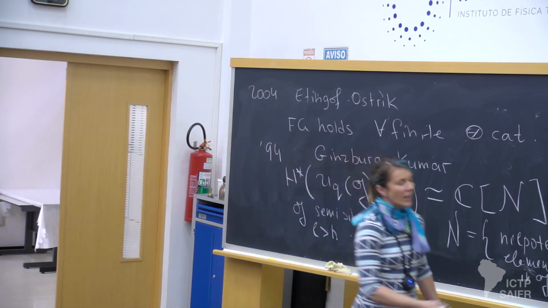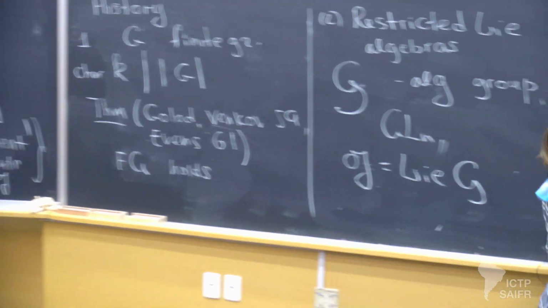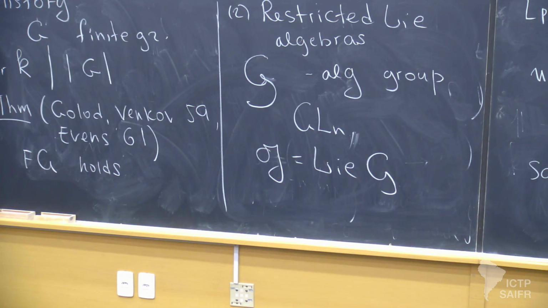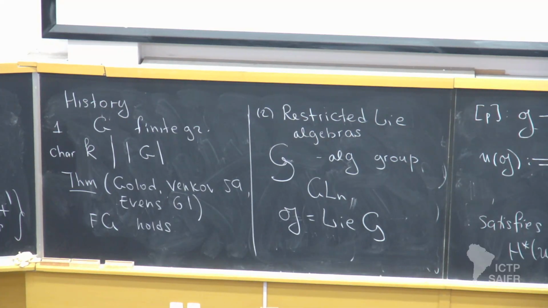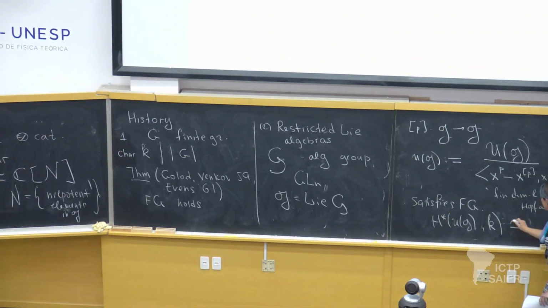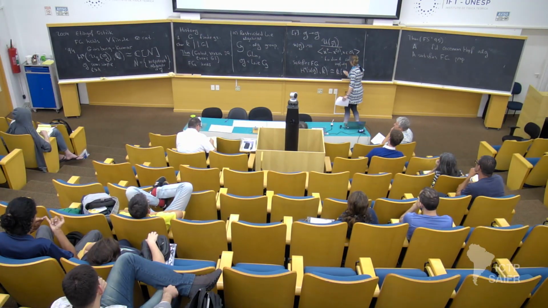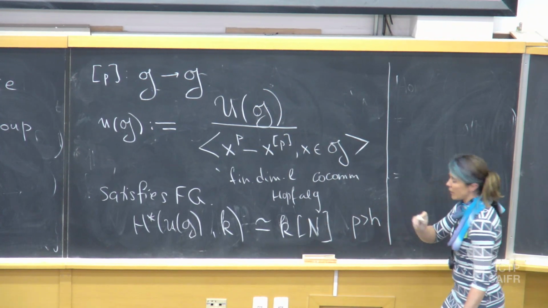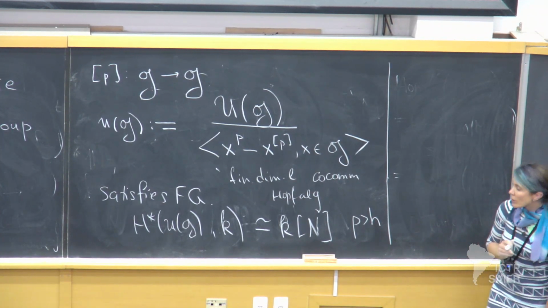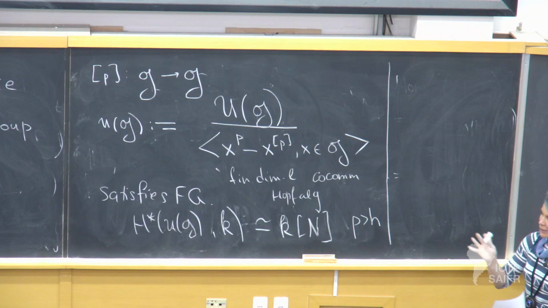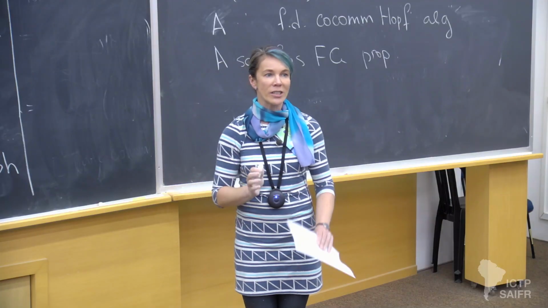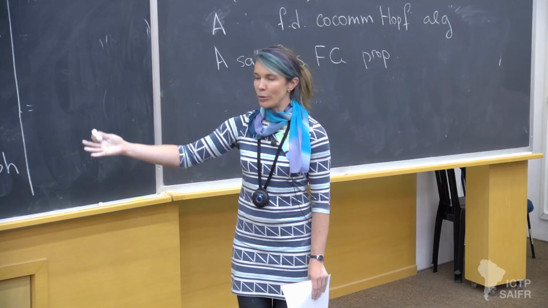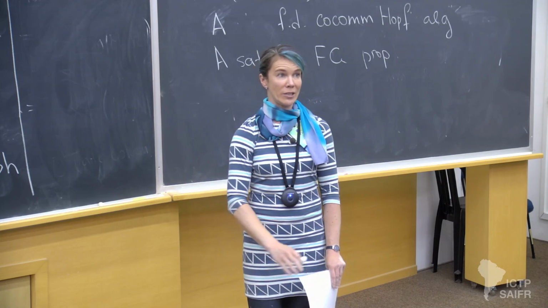In fact, their result was inspired by the result in this setting, where you can also show that the cohomology of this restricted enveloping algebra, now we are in characteristic p, is this, under the same conditions, except that it's p which is bigger than h. So cohomology in particular, I was saying how we replace our algebra with cohomology to study actions, but cohomology doesn't see the difference between the restricted enveloping algebra and the small quantum group.